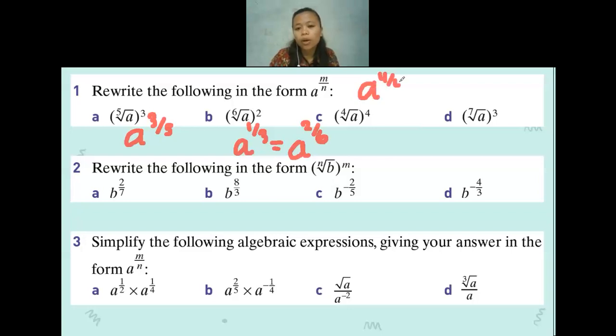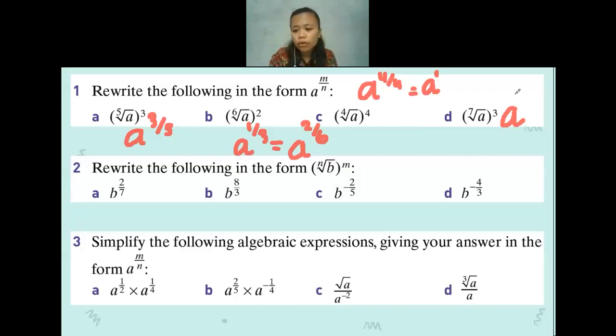No? Okay. Now we have fifth root of a to the power of 4. So it will be a to the power of 4 per 4, which is a to the power of 1. We have to keep the power still because it says m per n. Do not only answer it as a. Even though a and a to the power of 1 both have the same value, you have to keep it as a power number.